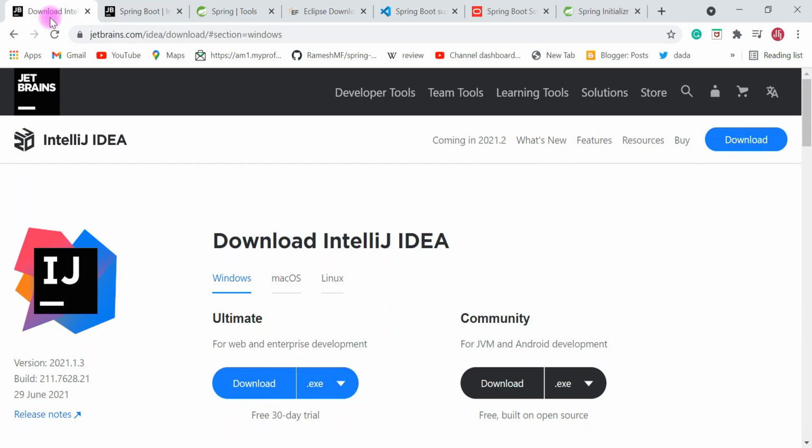Recently I have been using IntelliJ IDEA, which is a very cool IDE with a great user interface and great support for different plugins. So these are the tools I have used: Eclipse, Spring Tool Suite IDE, and IntelliJ IDEA.